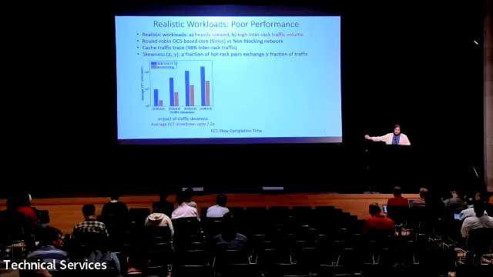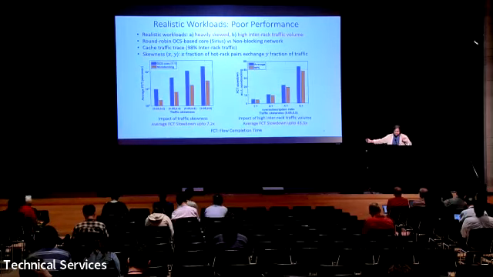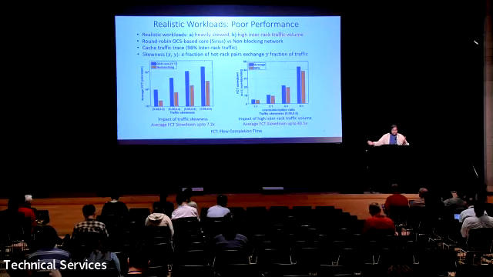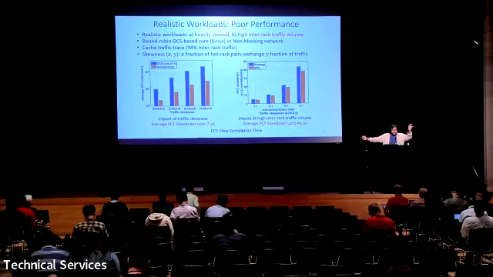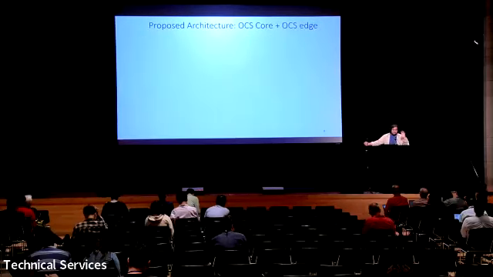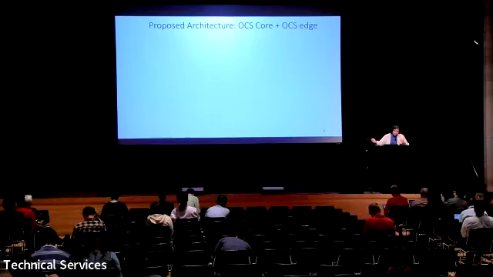Here is some of our simulation study, which shows that we have varied the skewness of one of the popular data center traffic workloads like cache, and we see that the slowdown can be 7 times. On top of that, if your bandwidth at the core is less, then this slowdown can be an order of magnitude worse. So here is our idea, a new paradigm of architecture we are trying to propose to use this all optical core in practice.